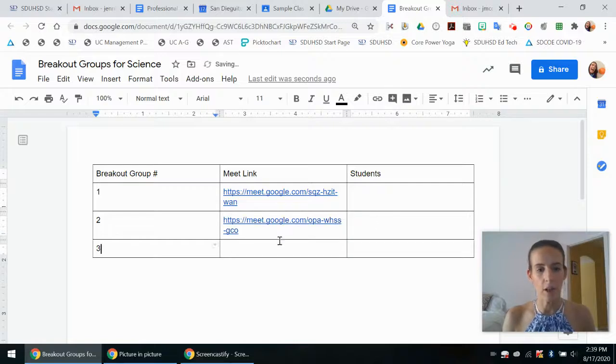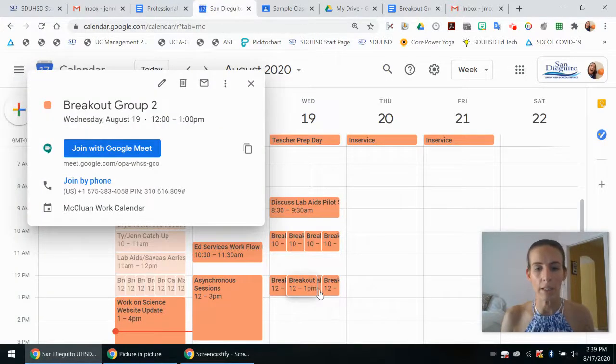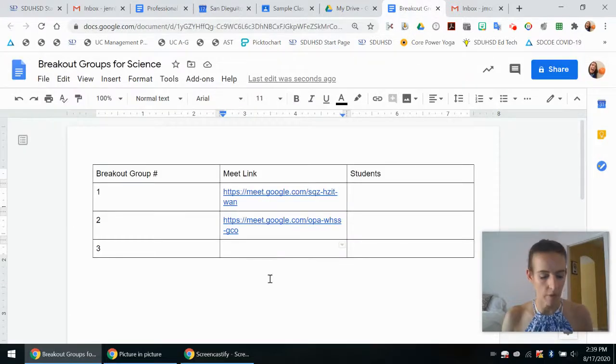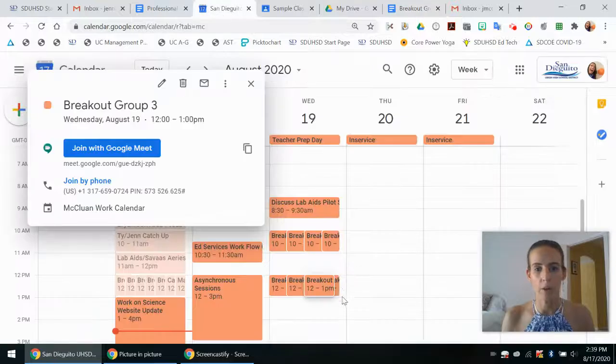And it's just nice to have these all in one place for you and for your students as a universal space where you can always return and grab the links that you need. Especially if you're the teacher and you're trying to hop and float between different groups, it can get a little confusing if you don't have it all in one spot. So I'll grab my fourth one, copy that link,